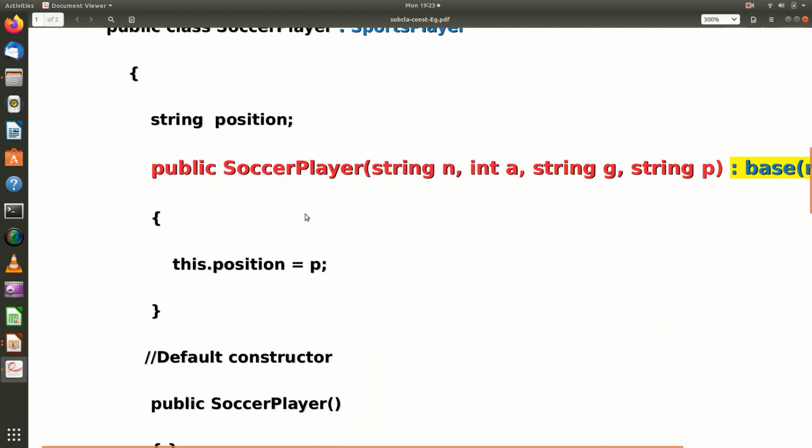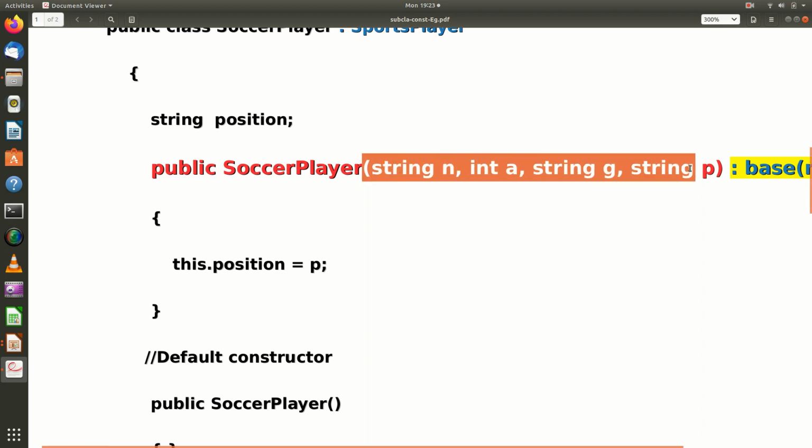Then inside the subclass constructor, I am assigning the position, which is passed as an argument with value p. So now you can understand, even though you are passing 4 arguments to the subclass, you pass the 3 arguments to the base class constructor, and only 1 argument is taken for the derived class constructor.